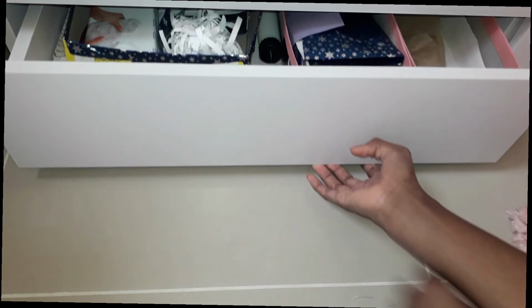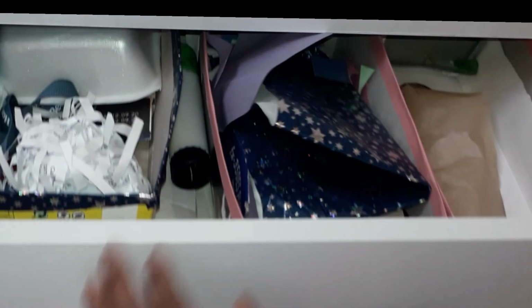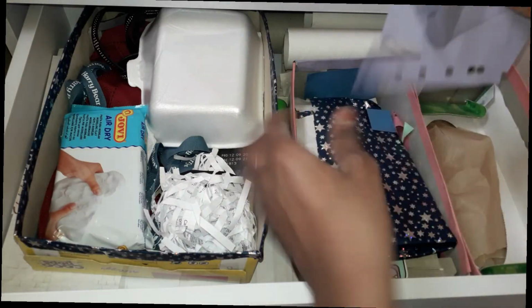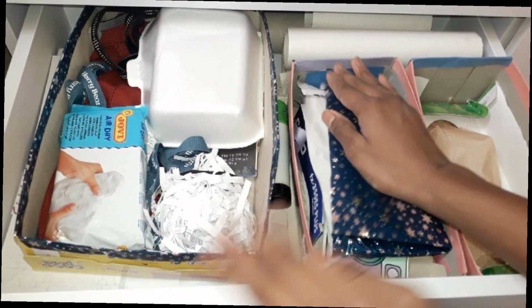If I play it in slow motion, then you can see the paper hits up against the top of the drawer, and that could stop me when I'm trying to open it. By the way, I'm being really careful with this because I've had bad experiences before with this drawer easily getting trapped, so